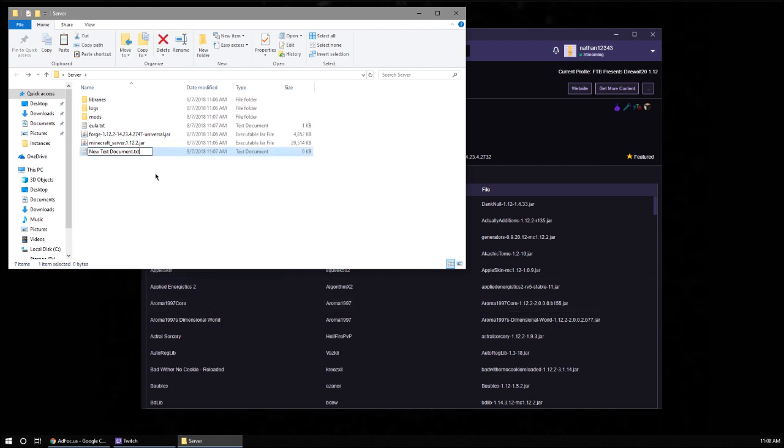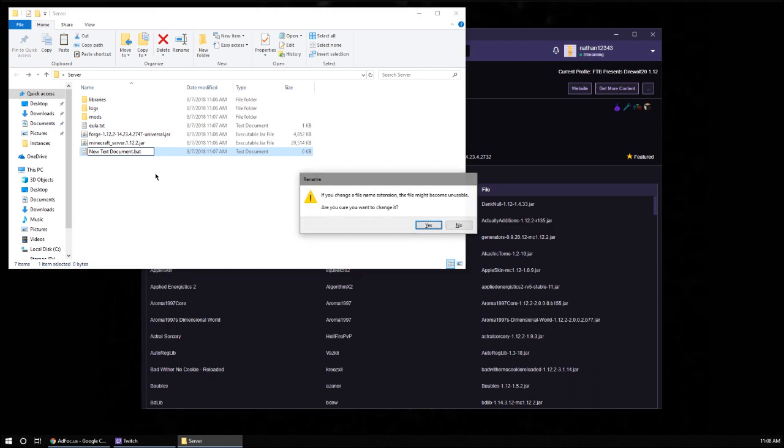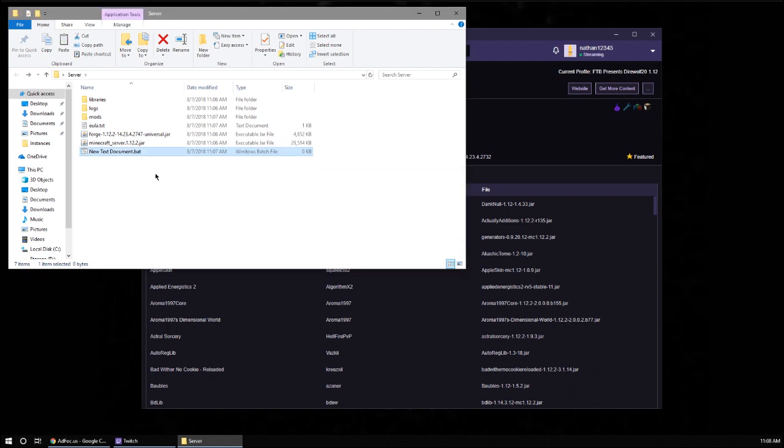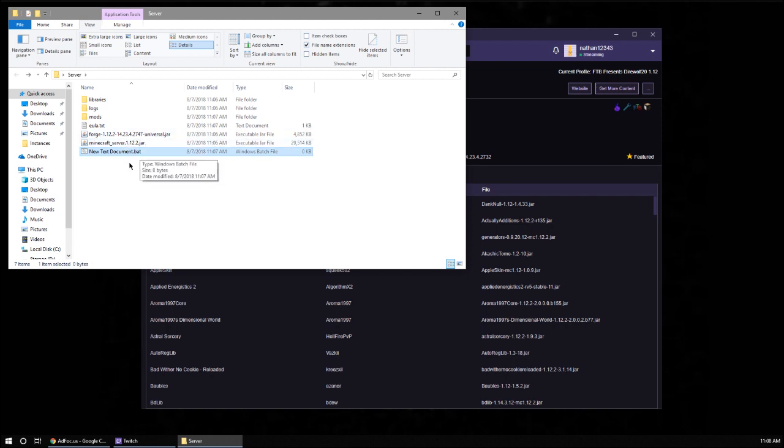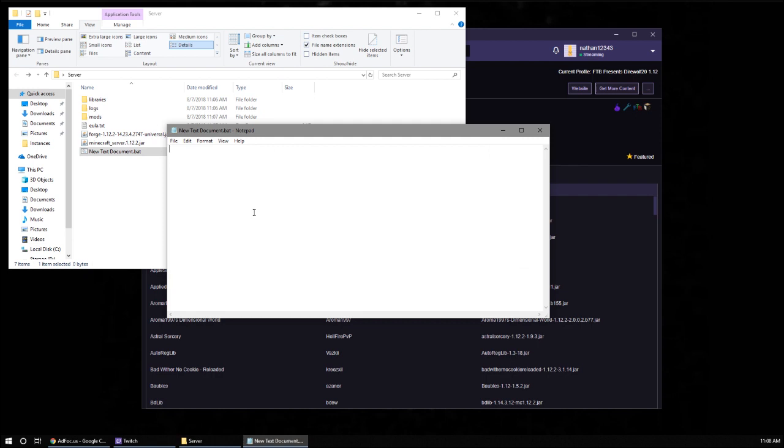This isn't going to be a text document though, it's going to be a .bat file. And yes, I understand what I'm doing. If you don't have the little .jar .bat, you want to go into View, File Name Extensions. Click that little checkbox right there and it should show up and you'll be able to change it from .txt to .bat. You want to right click, edit, and we're going to paste in the following command if I can remember it from memory: java